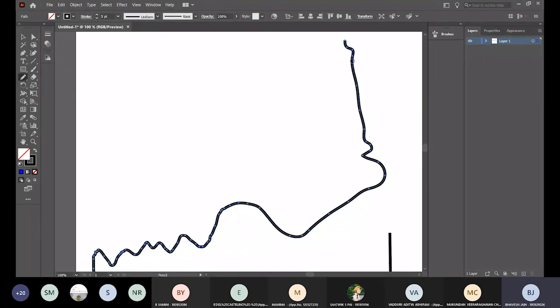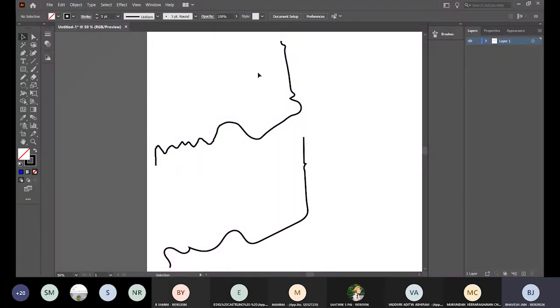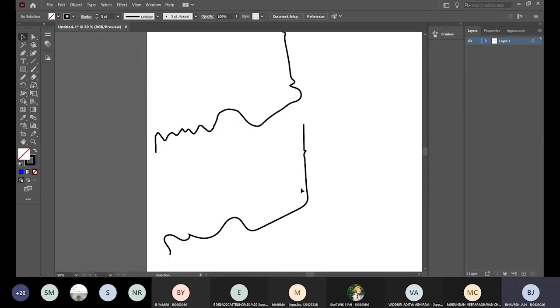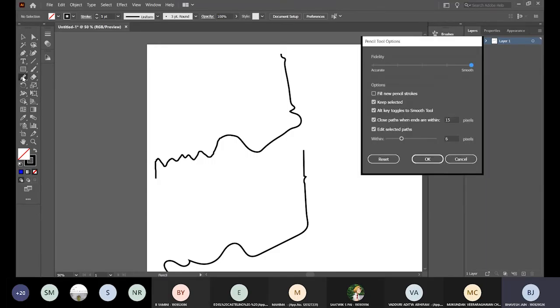So I draw another smooth line. I try to draw a smoother line. And now if you see, we've achieved a way smoother look, at least on this section as compared to this section. So yep, that's the two key settings that you need to keep in mind when you're using the pencil tool. Another important setting is